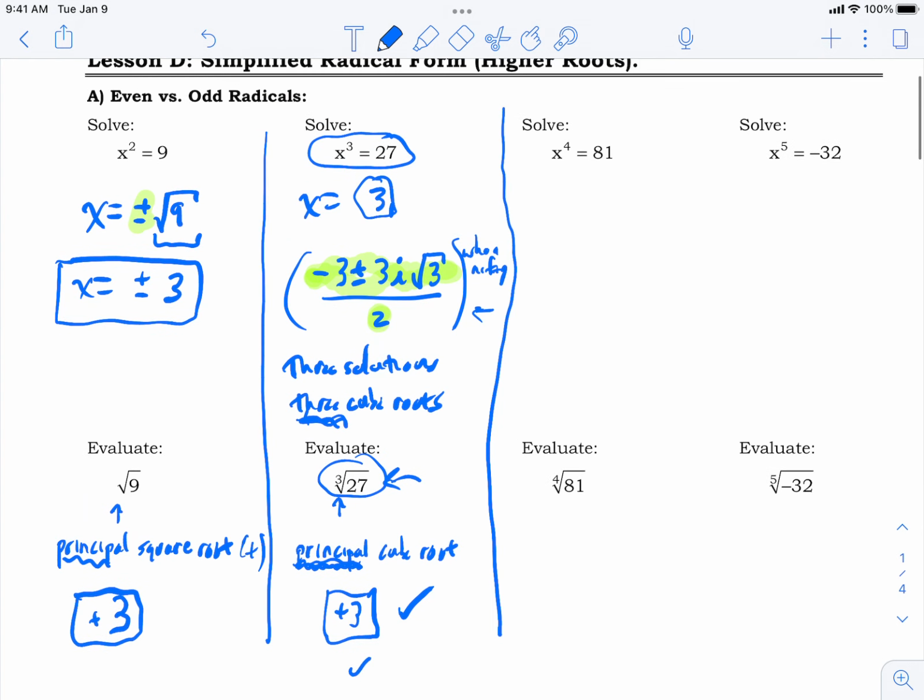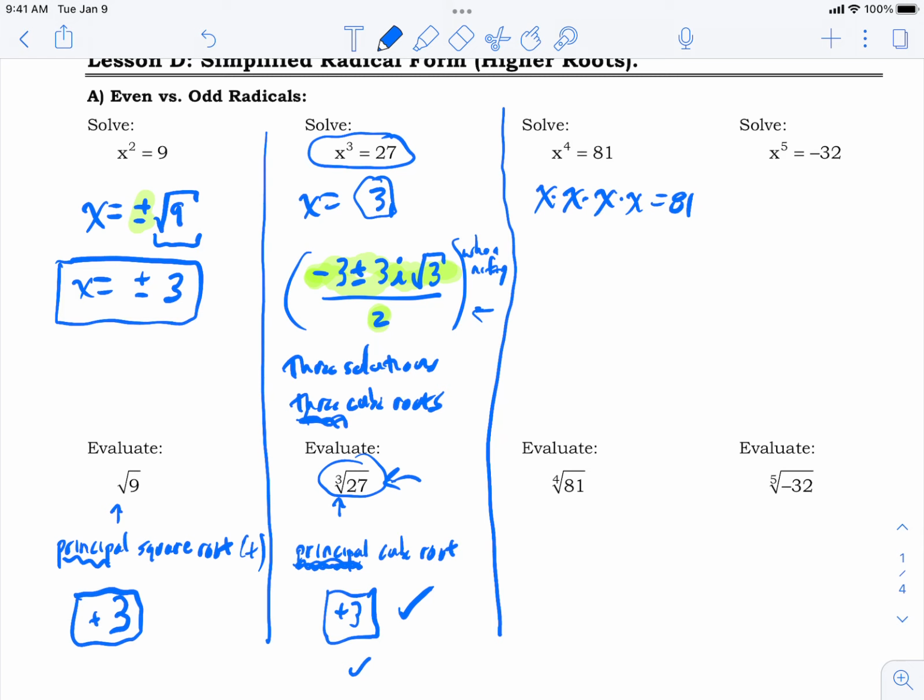Fourth roots. Hey, you want to guess? How many fourth roots does 81 have? First of all, what's a fourth root? A fourth root means you have to multiply something times itself again, times itself again to get 81. So the square root of 81 is 9, but the fourth root of 81,